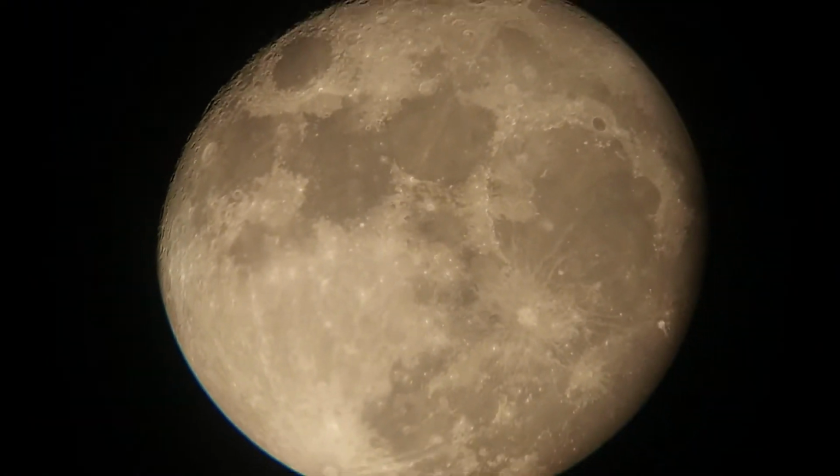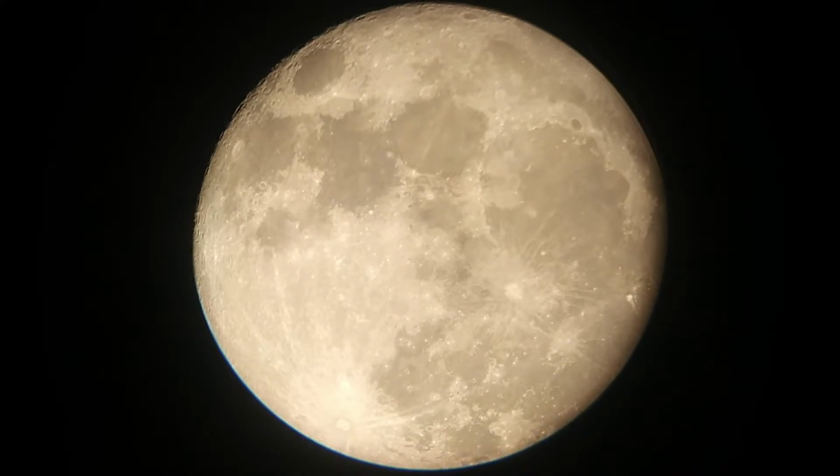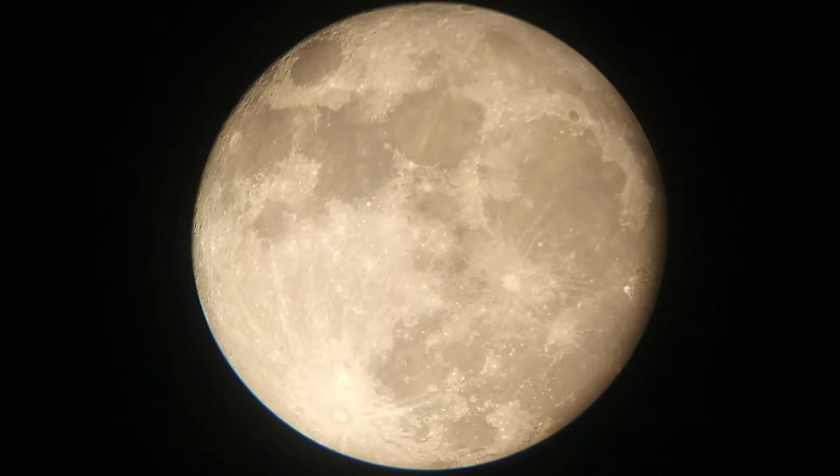Oh, go ahead and zoom out. I do everything manual, guys. I haven't been doing this for a long time. Saving up for all the good equipment. Started off with a really good telescope, though. So where's our next area? Well, we will go check out